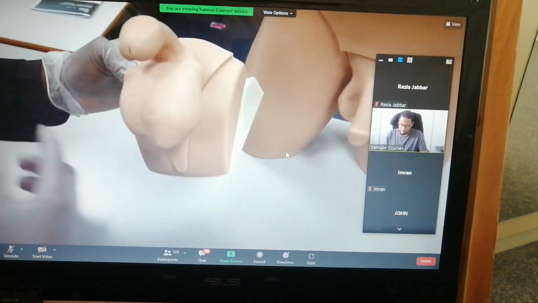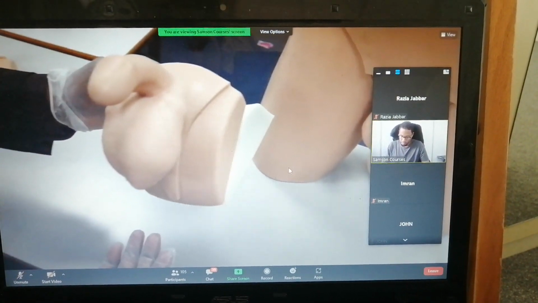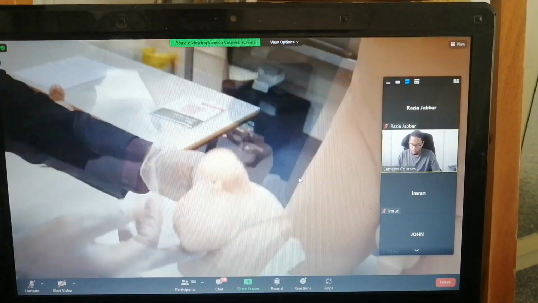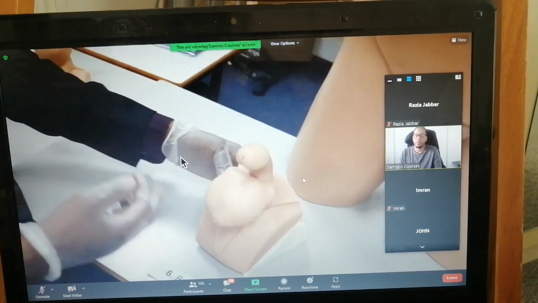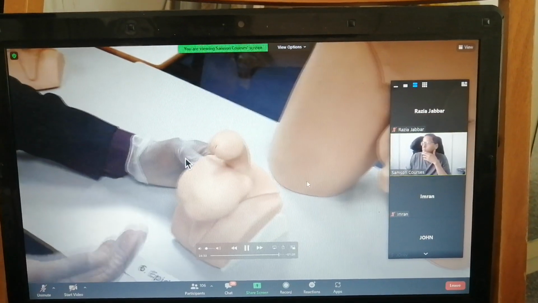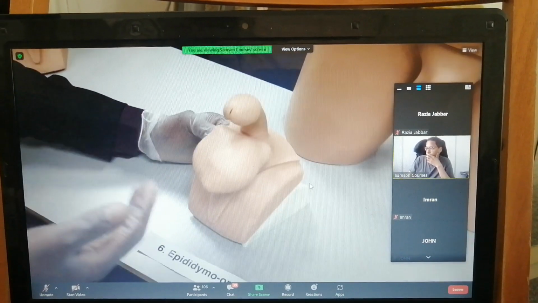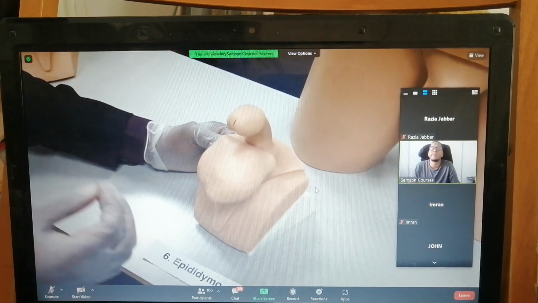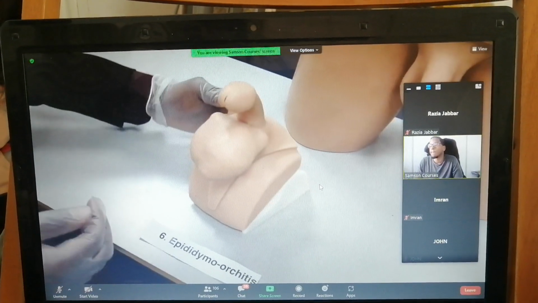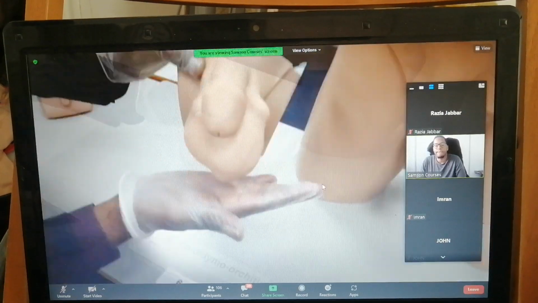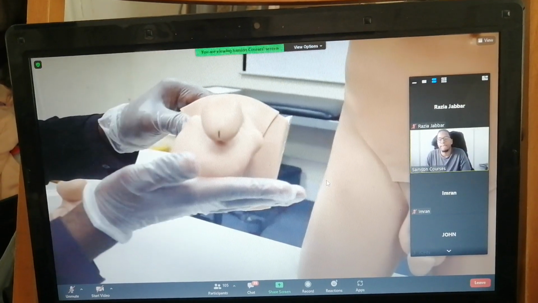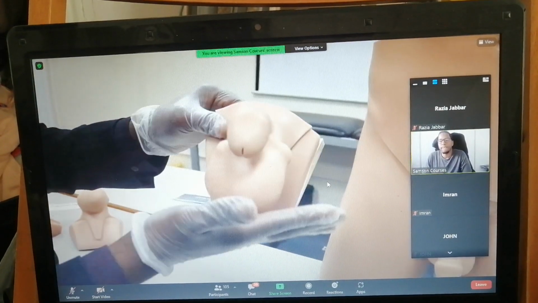Since there are some swellings, ask to cough. Same inspection, lift the testes to check posteriorly. Now, because it is epididymo-orchitis, the patient may present with pain, which means checking for the Prehn sign is crucial. Okay? So what we're going to be doing, special test, Prehn sign, ask the patient to lift the testis. If the pain becomes worse, it is a testicular torsion. If the pain becomes better, it is